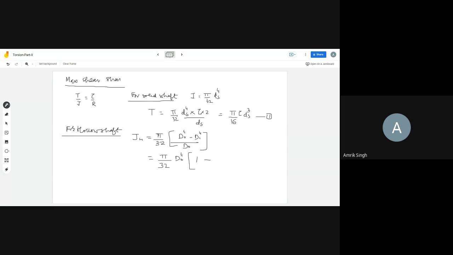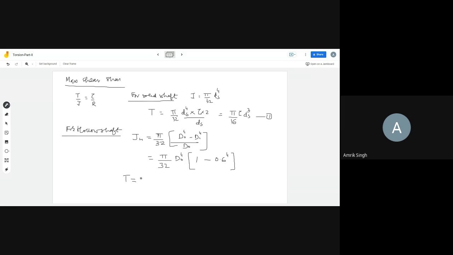This we have taken as 0.6, no? So 0.6 to the power 4. Okay. So therefore the T will be equal to